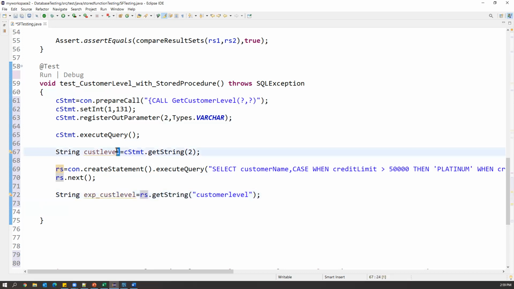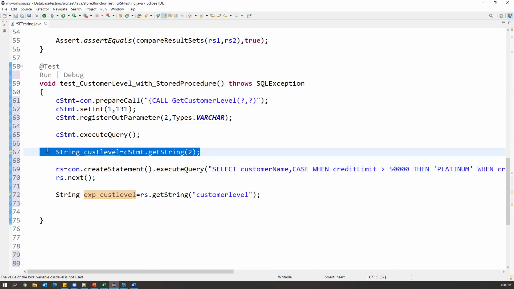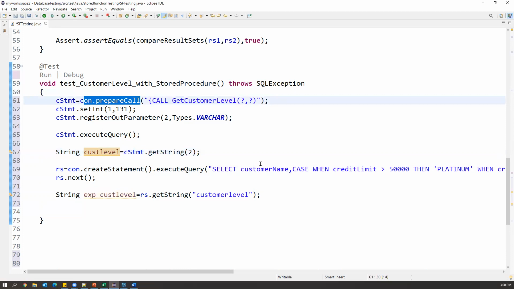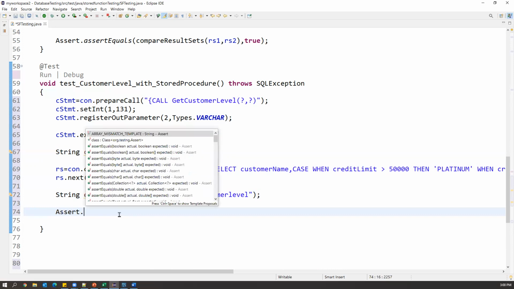So previously we captured the customer level from the stored procedure call. Now we have captured the customer level by sending the test query. And now we need to compare the customer level returned by the stored procedure or stored function. Stored procedure internally calls the stored function. So finally we got this value from the stored procedure, and this is the value we got from the test query. Now we need to compare these two. These are not result sets actually, they are just two string values, so we can directly compare them by using assert